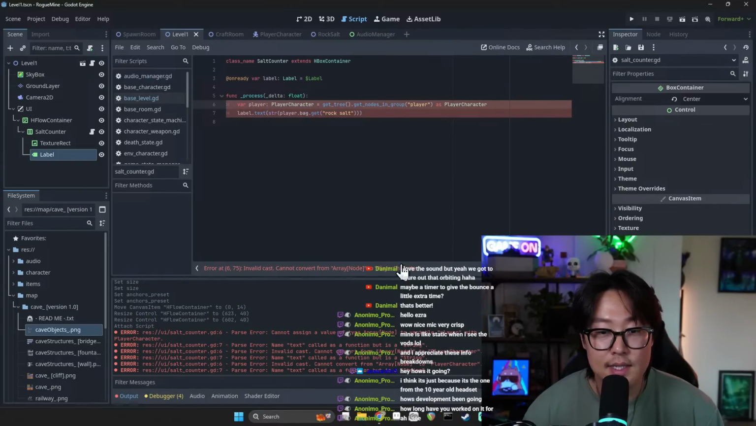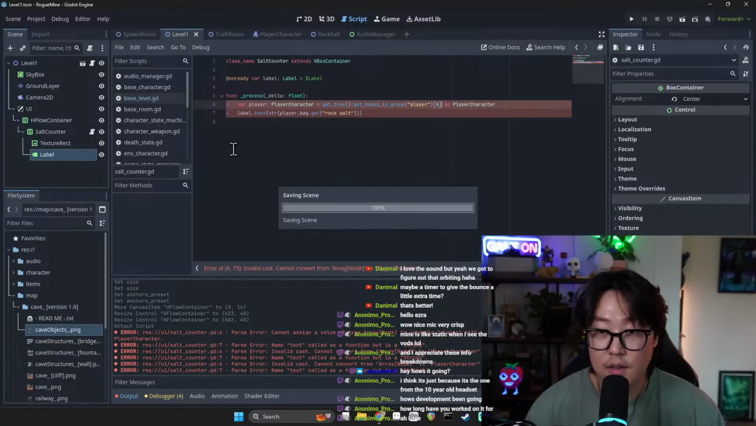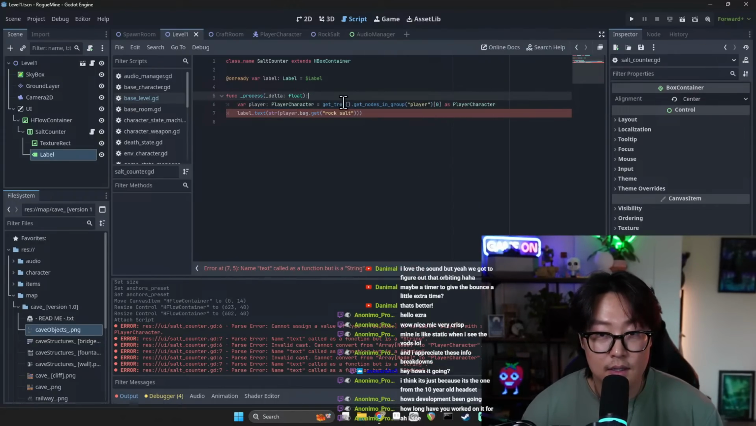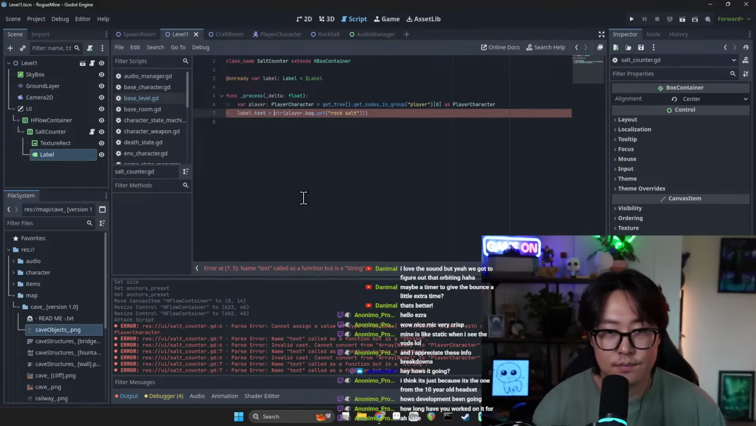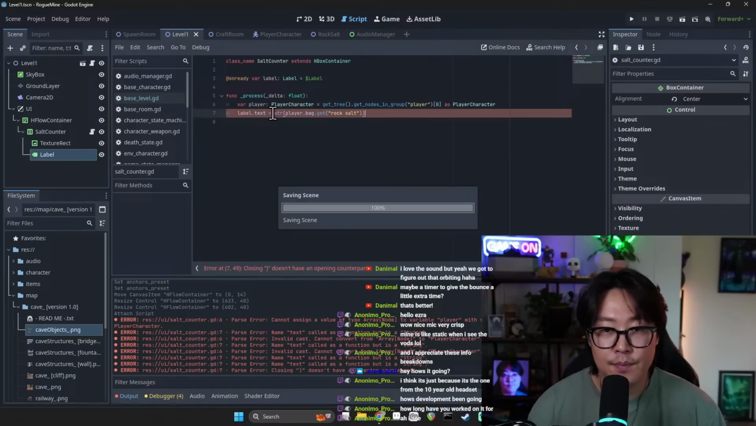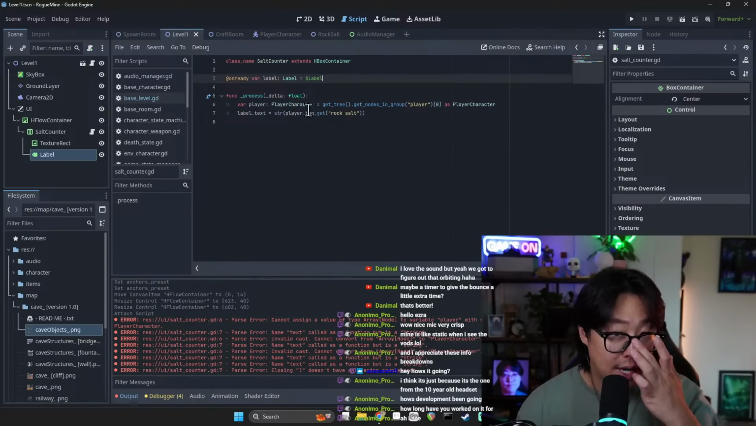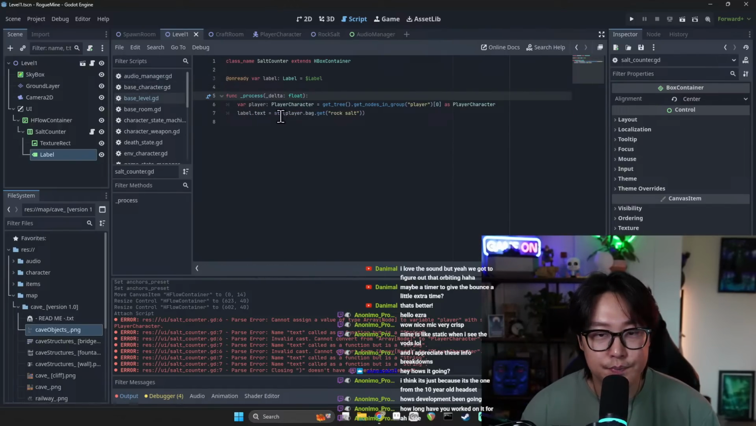And all of this probably should only happen. Oh, there you go. Label text. Name text called as function, but is a string. Oh, there you go. I'm pretty sure it's going to have some ready issue. So we're probably going to say